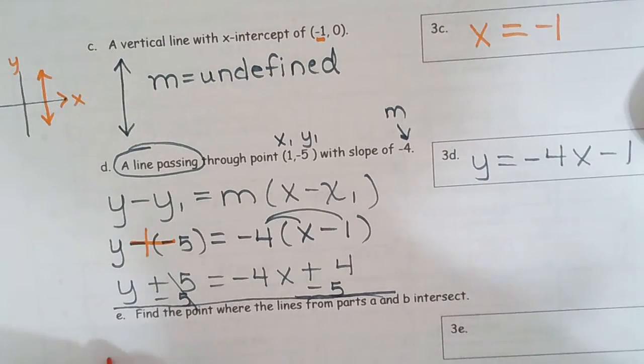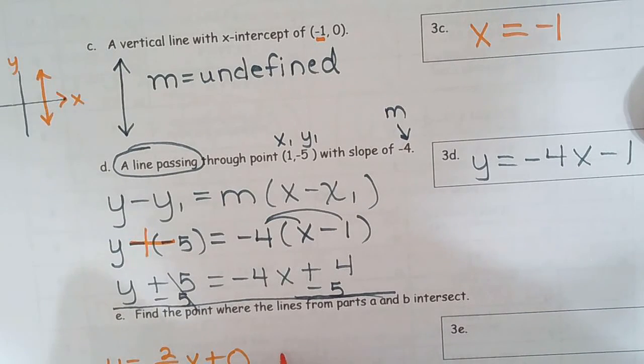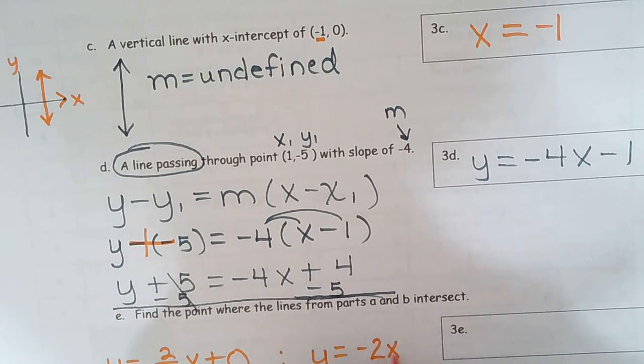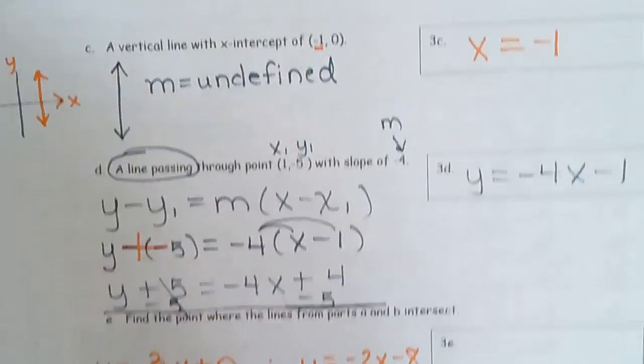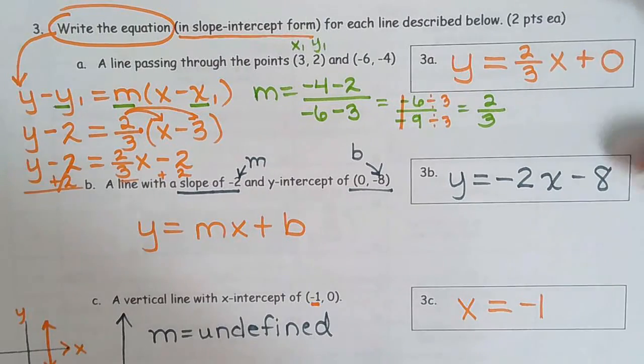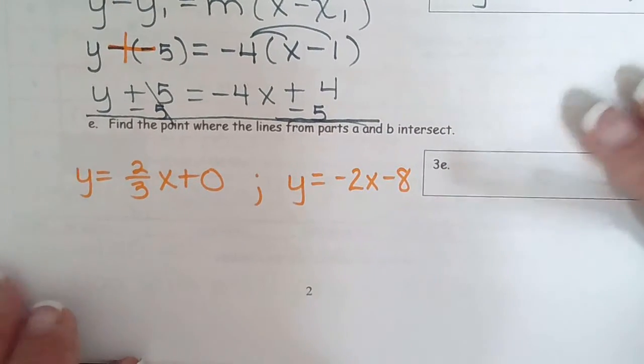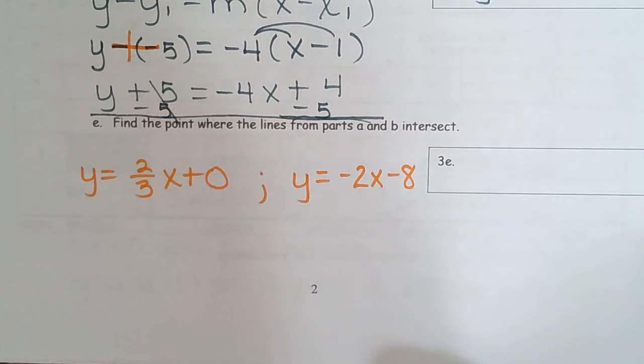So we have y equals 2/3 x plus 0 from part A. And we have y equals -2x minus 8 from part B. So I just looked up here and I'm pulling these two equations. And they want to know, find where those points intersect. So think about that before you go to the next video and see if you can think about what we're going to